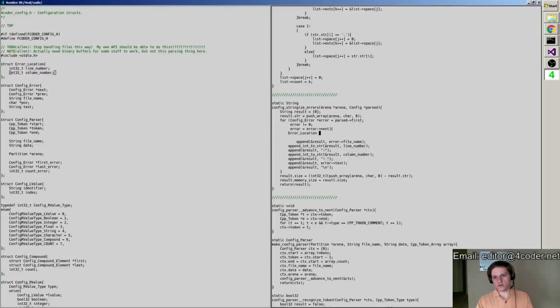Now, a smarter version would be O of n time instead of O of n times m time, but we're doing n times m time for now. N for the length of the file, m for the number of errors. The smart thing would be to iterate both together, so that you're at an error and you keep on parsing forward until you find that position, and then you know the line and column for that position. And then you parse forward some more, and so on.